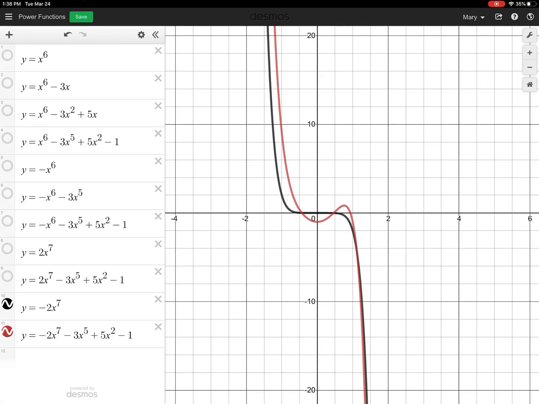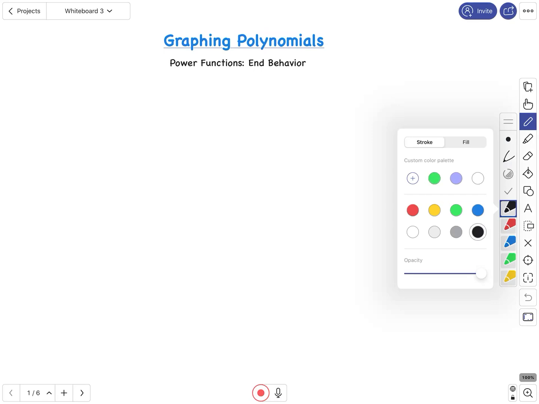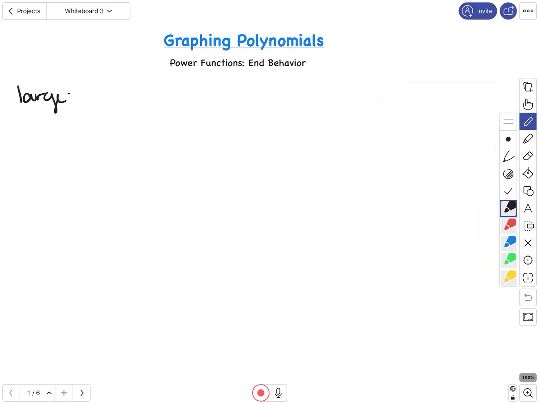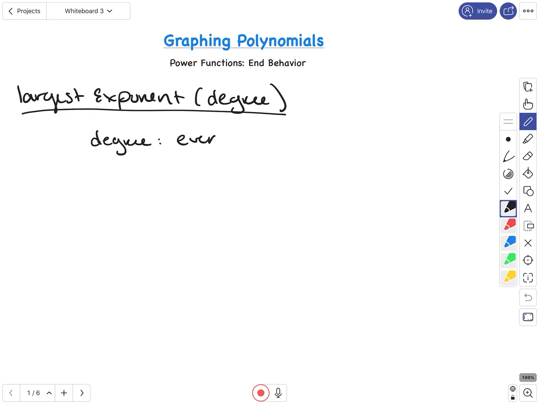So that very first term we see is a really important part of our graph. It's what we call the power function. So let me capture that before moving on. Power functions. If you have a power function, let's say that for the largest exponent, which by the way is the degree of the polynomial, if that largest exponent is even. Oops, let's clean this up just a little bit. There we go. So if our degree is even, say for example,